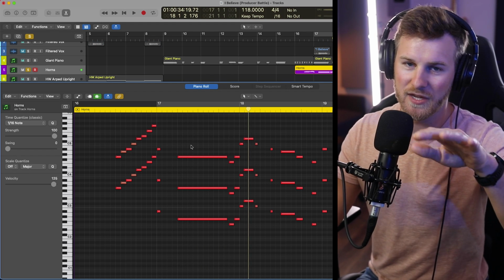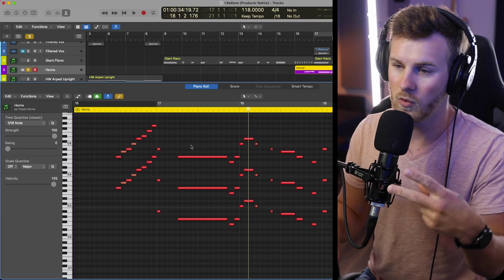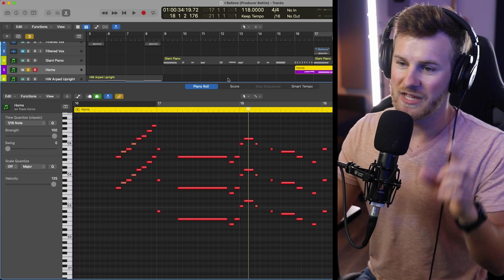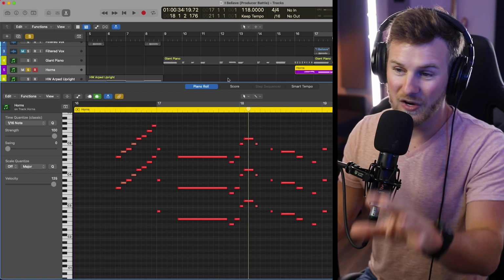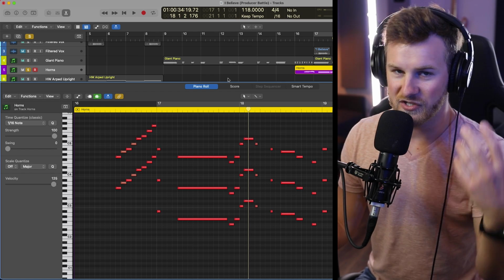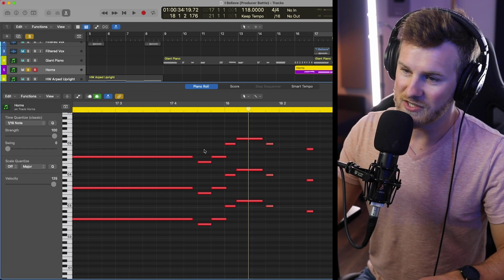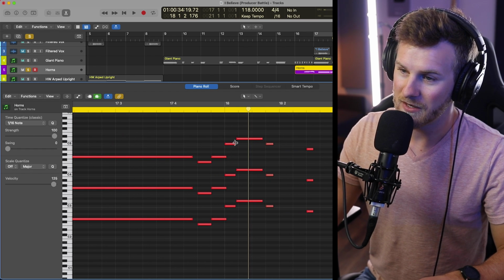it's kind of doing this whole thing, and that is because I'm holding down these notes on the keyboard and the Native Instruments Session Horns. I have it set up so that when I have these longer notes that are played at a very loud dynamic level, it'll automatically do this nice little swell, which is going to make it sound significantly more realistic. But you'll notice too, we have these notes that are overlapping right here,